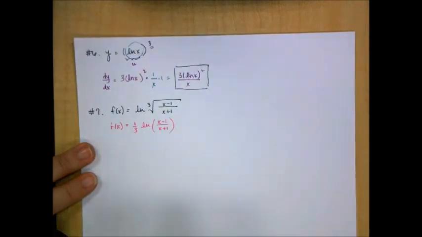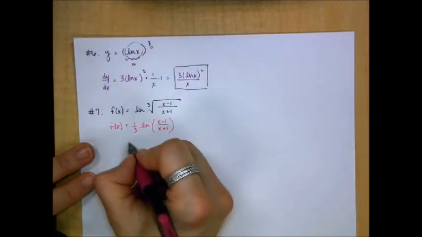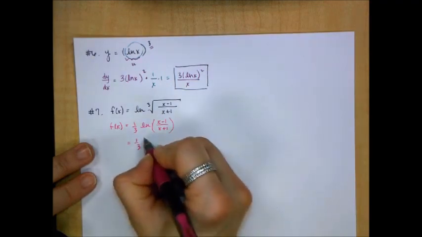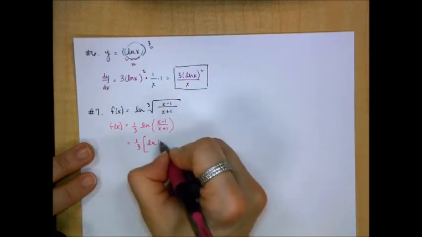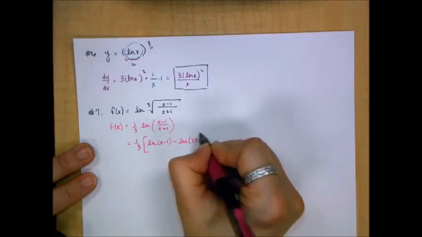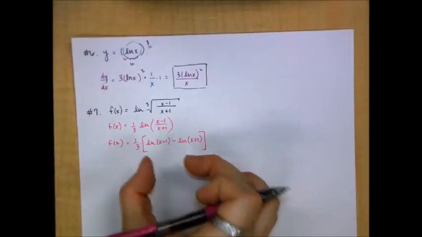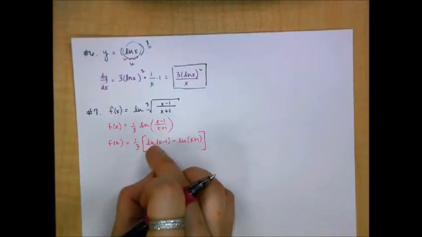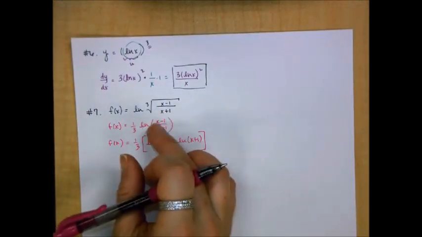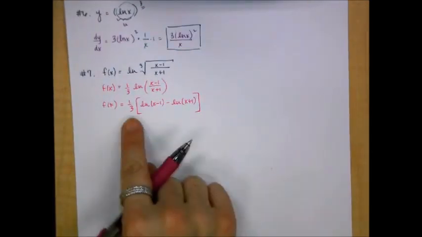So this is now 1/3 of natural log of x minus 1 minus the natural log of x plus 1. You'll notice that because it created a binomial from a monomial, two terms from one term, I have to keep that 1/3 with the brackets here, because that 1/3 affects the whole thing just like it did in the step before. So to take the derivative here,